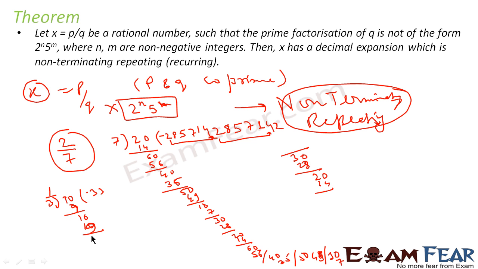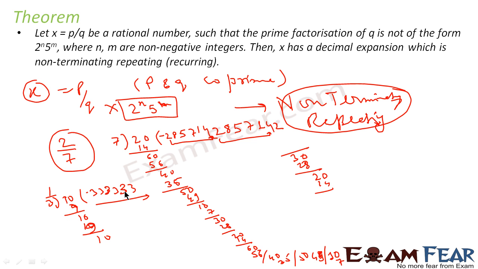So this becomes 0.33333. This is also non-terminating, but here also it repeats 3333. Correct? So you take any number of form p by q, where p and q are co-primes and q is not of the form 2 to the power n, 5 to the power m, then it will always